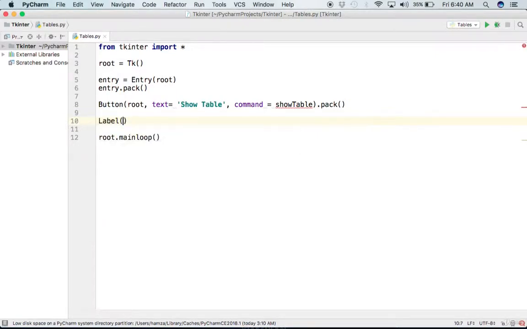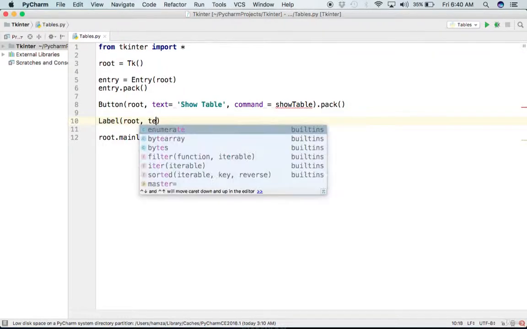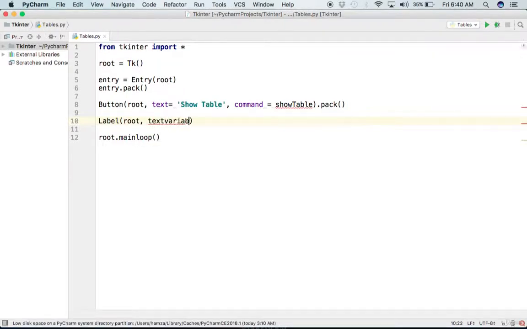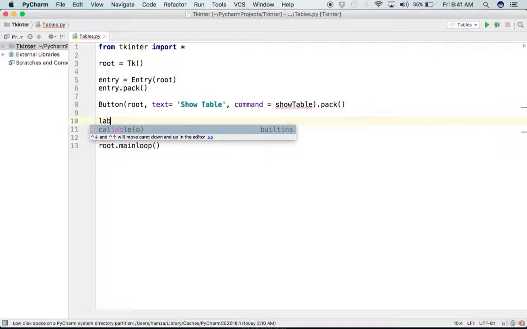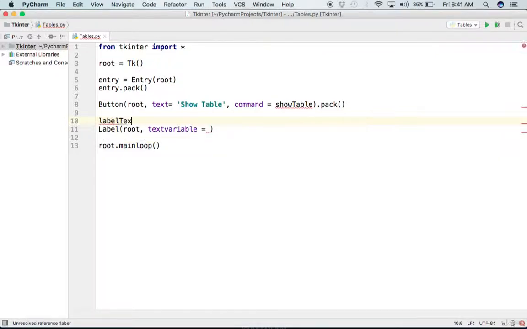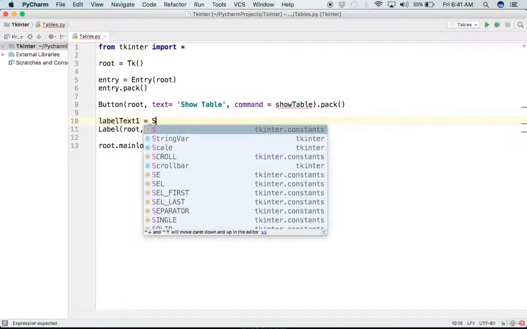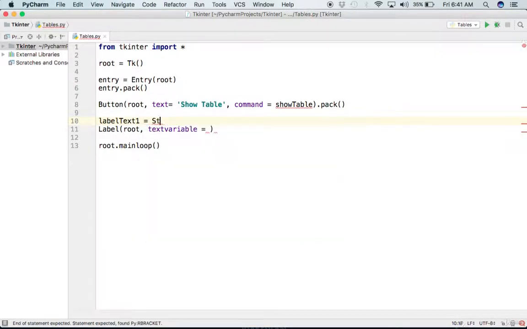So I am writing the name of the class label. It will be in the root window and it will have text variable because its text will keep on changing as we press button again and again. So what we have to do here, we will say text variable is equals to, we have to make a variable for that. Here I will say label text 1 because it will be the first row. So I will make it equal to string variable class,